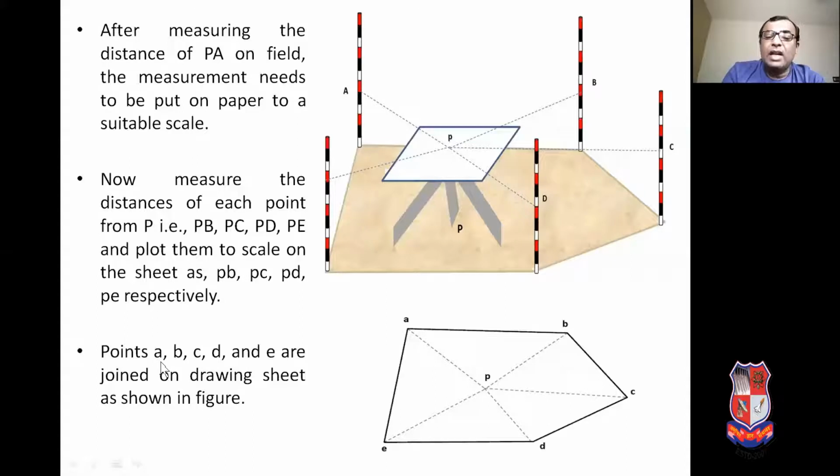Then points A, B, C, D and E are joined on the drawing sheet as shown in the figure to get the plan of the given area. So in this way, we have to perform the radiation method.